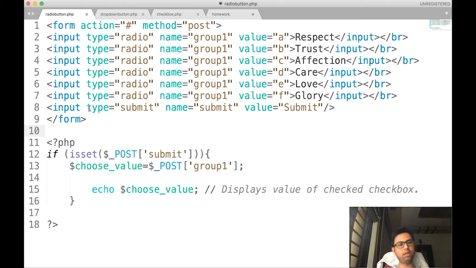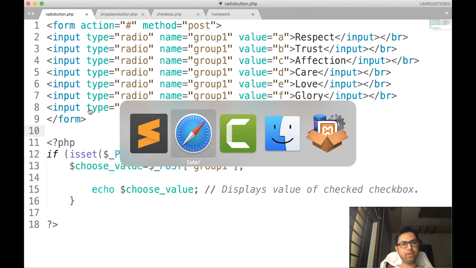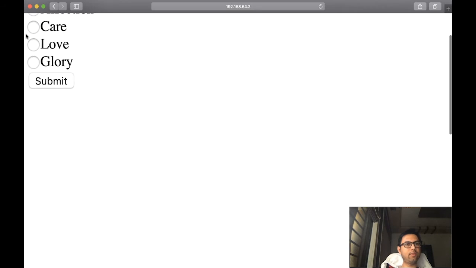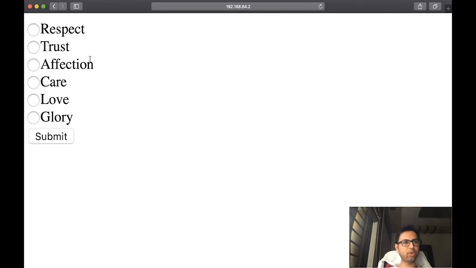The radio button. Let us see the program first of all. I have already opened the screen. For the radio button, you will get this kind of GUI. So our form might contain this kind of radio button, from where the user is given a choice to select any one option.